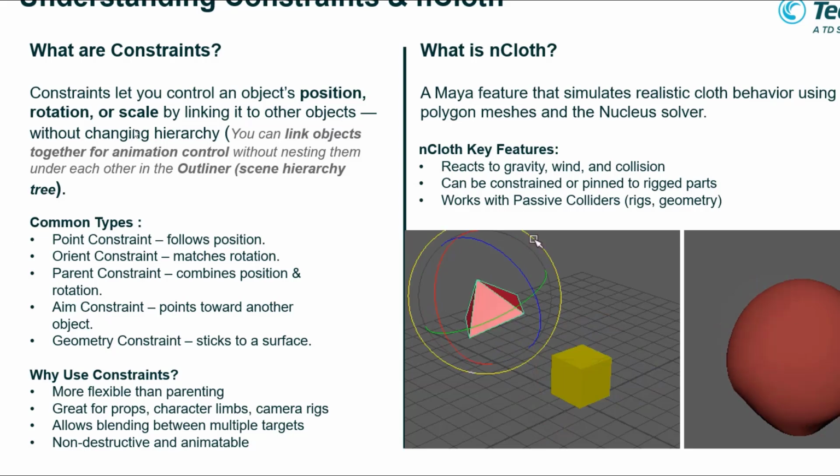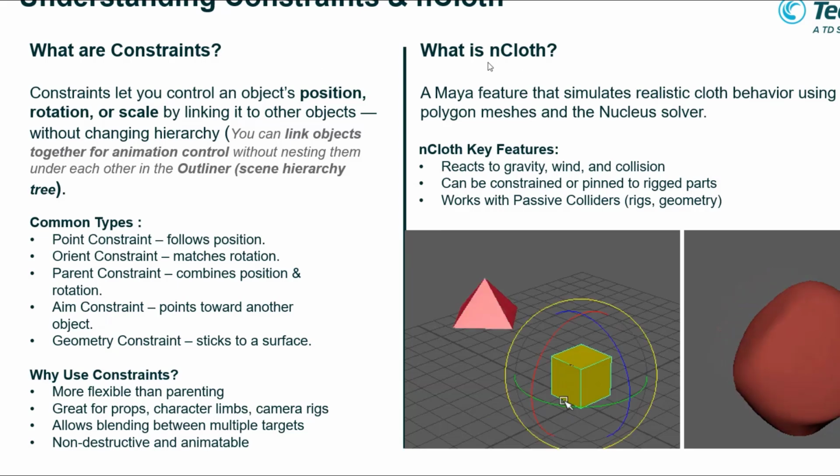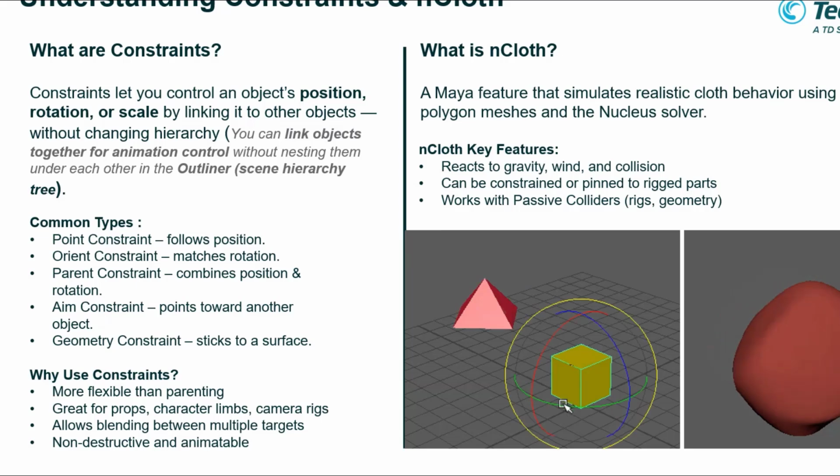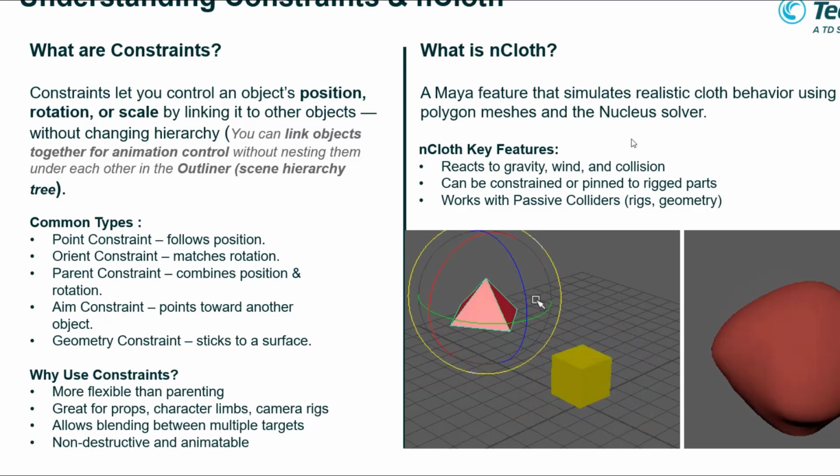So today we will focus on two, because I think they relate to our project. What is nCloth? We are using nCloth, the Maya simulation feature, mostly for things like gravity and wind. If you are dealing with cloth on a character, it is more complex. That's why today we discuss something more simple, not too complex. This is our project.